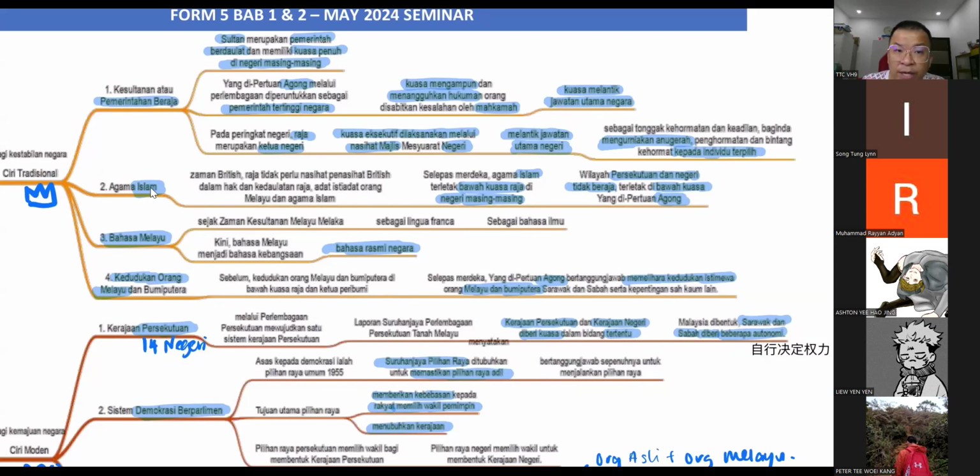So Islam will be fully controlled by Malay king. Those states that don't have Malay king, like Penang, Malacca, Sabah, Sarawak, Wilayah Persekutuan will be controlled by Agong. Who is Agong? 1 out of the 9 Malay king. So in Malaysia, Islam will be fully controlled by Malay king. This is a very important characteristic